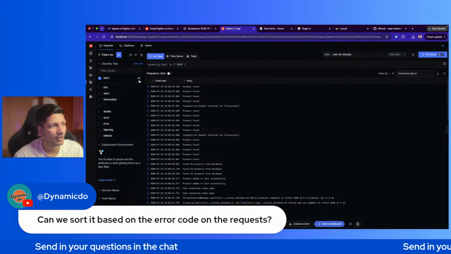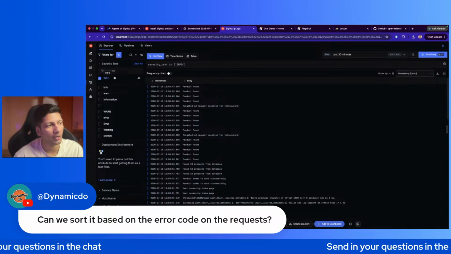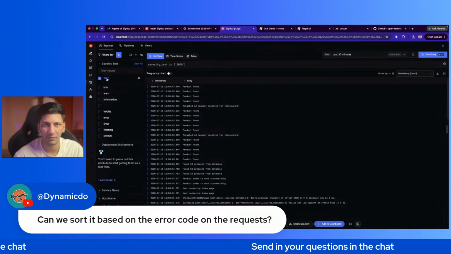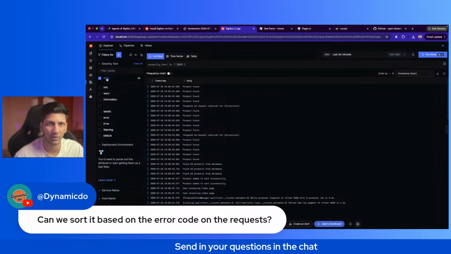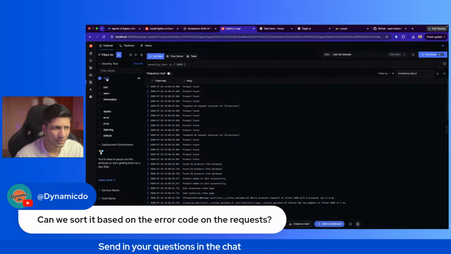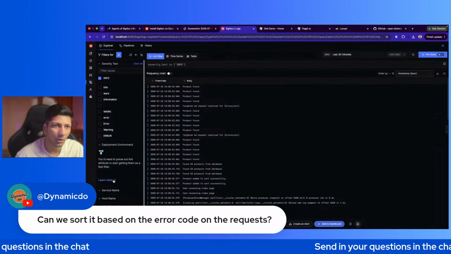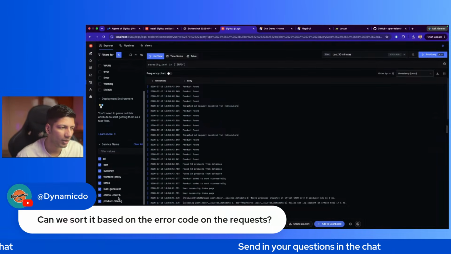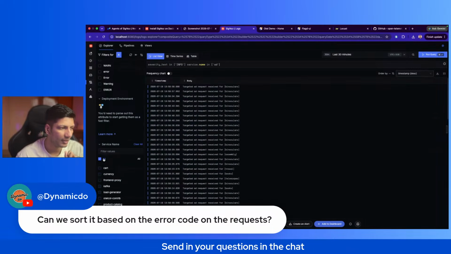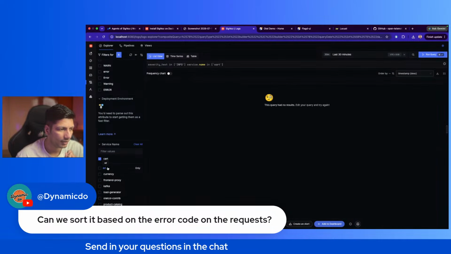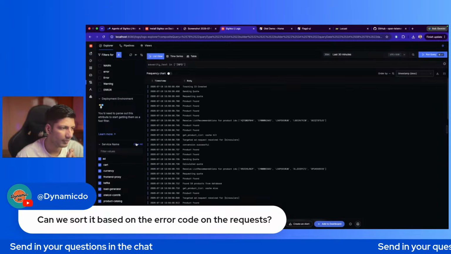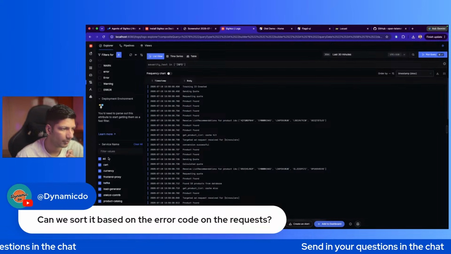So let's say you want all the logs which have severity text of info, or all the logs giving you information around your services, right? Now, let's say I want information logs of only a few services. For example, let's say I want add, cart, maybe let's select from